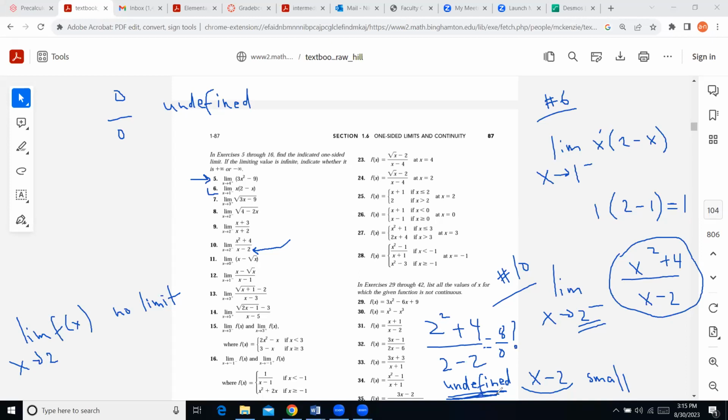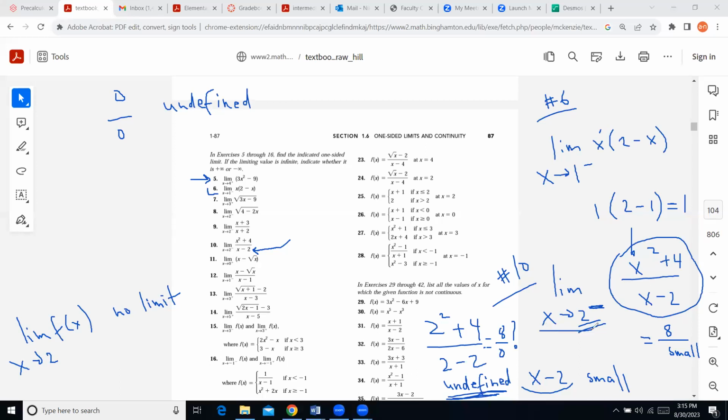So if you have a fixed number, not 0, but some fixed number like 8 or whatever, divided by 0, that's it. You have a problem. You actually have a vertical asymptote, remember? We just saw those pictures. So it's not really a problem. It's actually a good thing for graphing, but it's important to realize. So x minus 2 becomes small, but the question is, is it small positive or negative? Because we already know that 8 is on the top. It is positive when you plug your 2 into the numerator. But in the denominator, we're going to have a very small number, right? But the sign is going to be